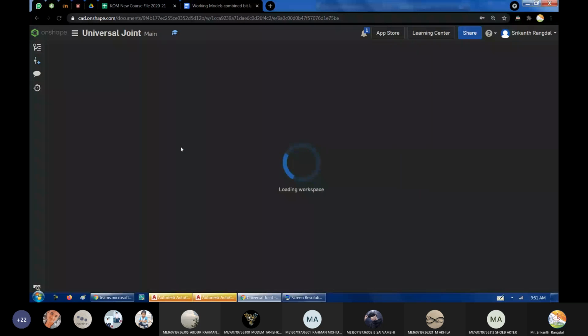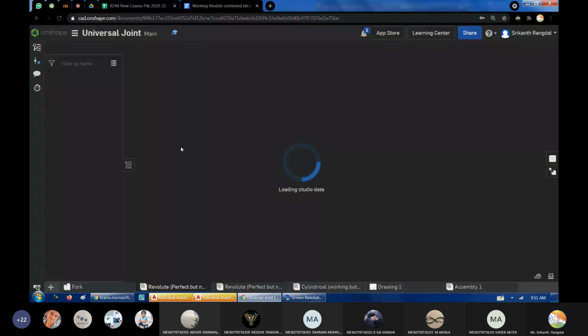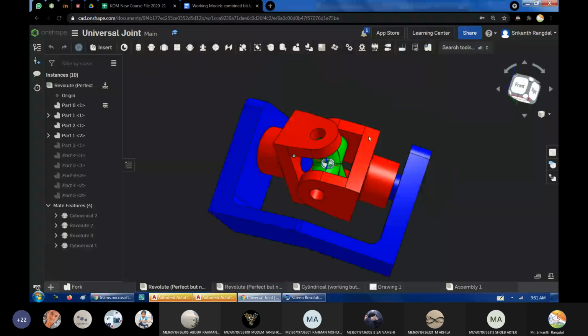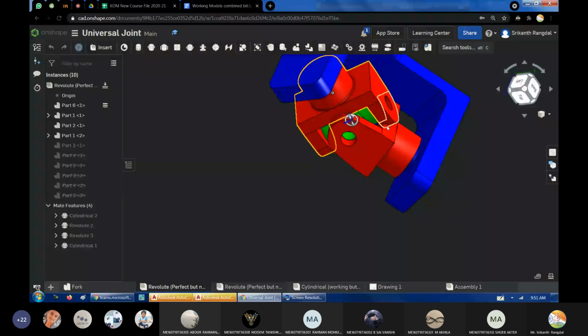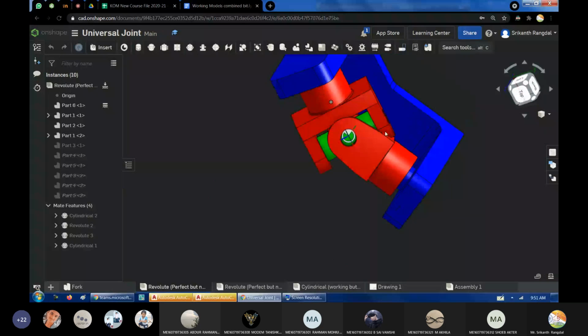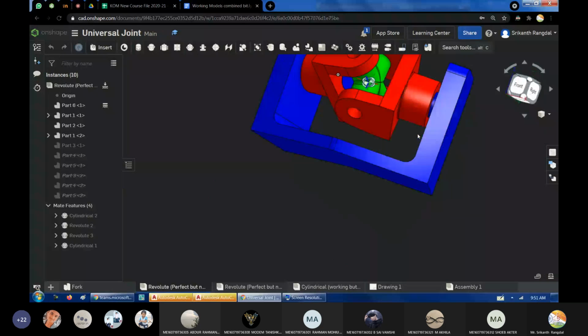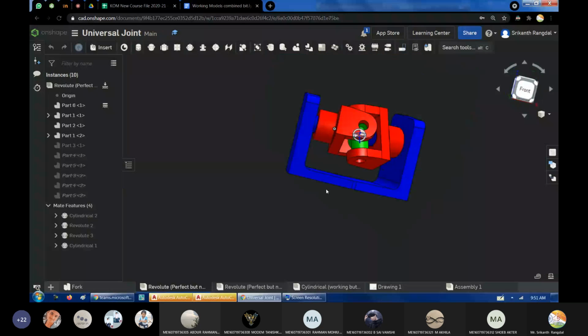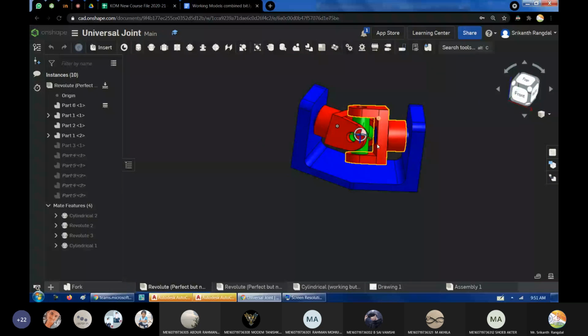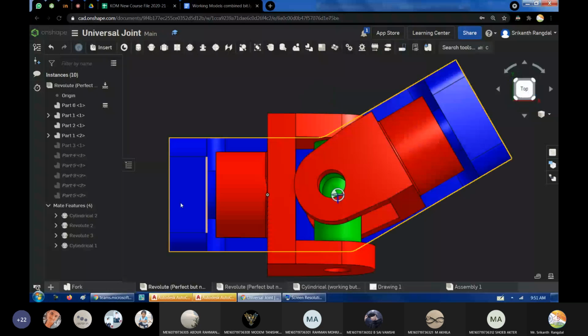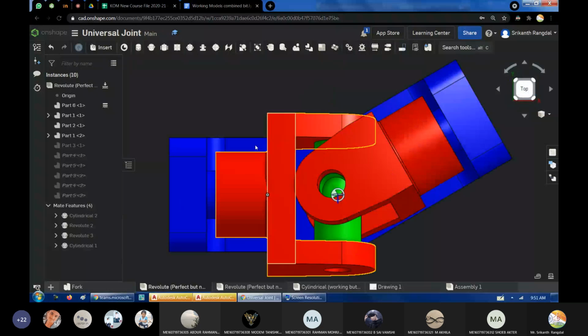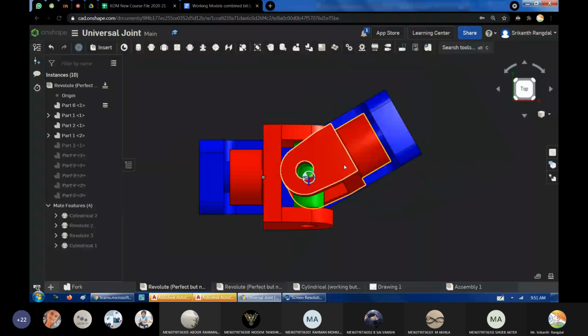Okay, so this is what it looks like. It's not perfect, of course, and you can see that some of the geometry is interfering with the other geometry. But the important thing here I would like to point out is the axis. One axis is the input axis, the other axis is the output axis. So let me show you the top view first. Can you tell me, are these two axes parallel to each other?